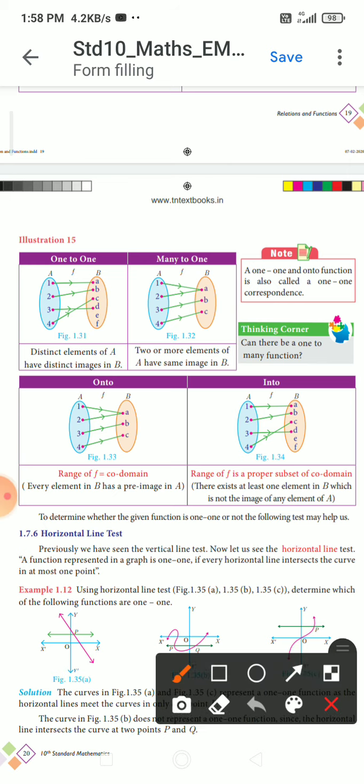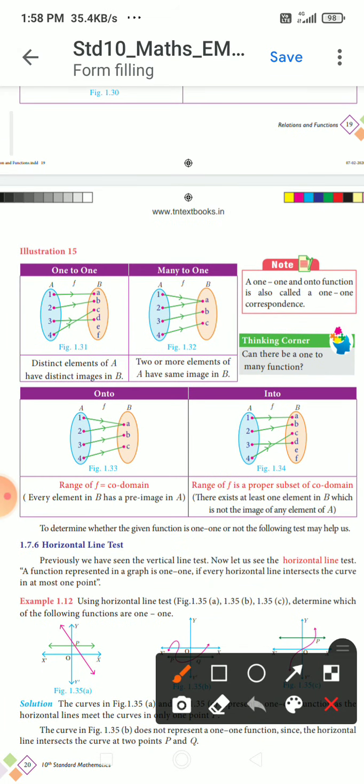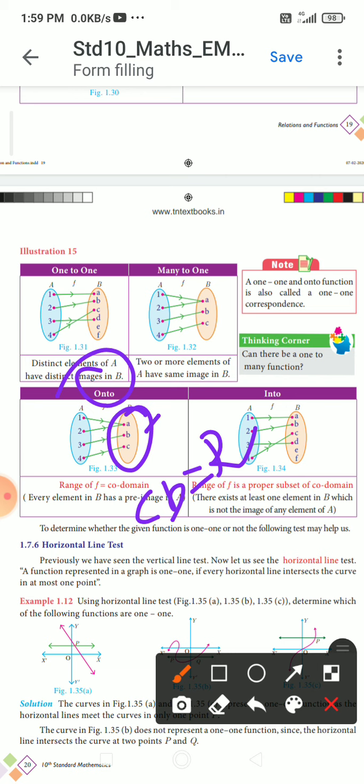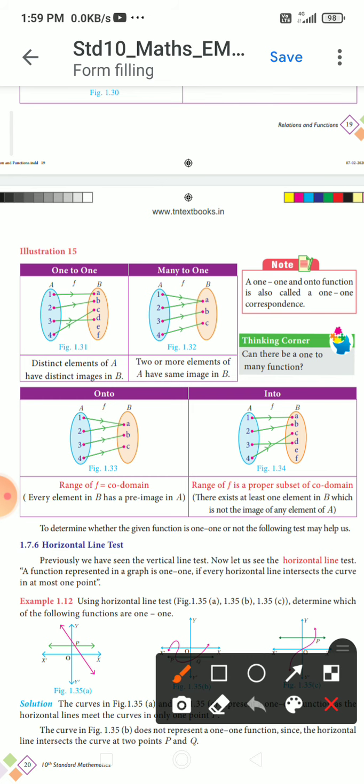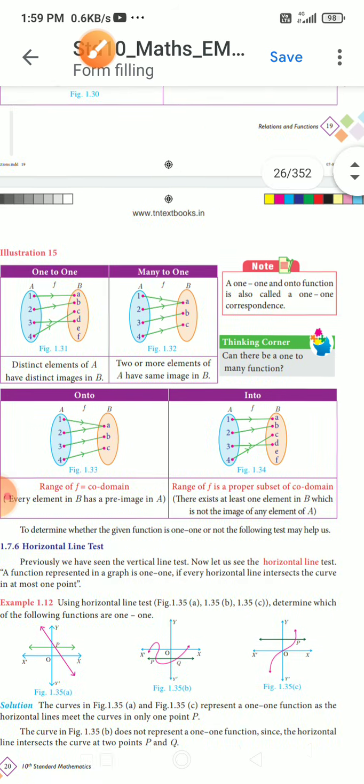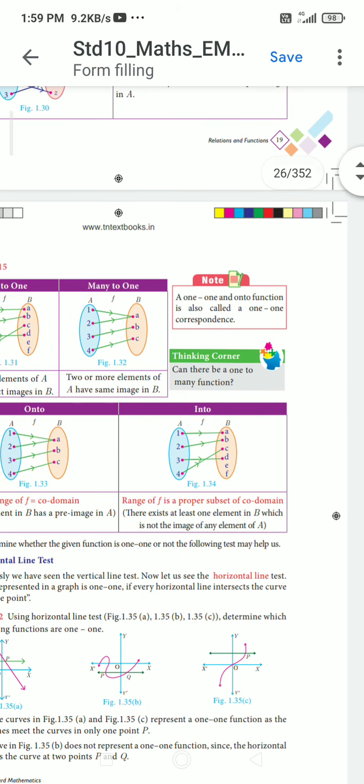So all the elements in the codomain have a pre-image in the domain. Therefore the range is equal to the codomain, both a, b, c. Therefore it satisfies the onto condition. Every element in B has a pre-image in A: a has a pre-image, b has a pre-image, and c also has a pre-image. Therefore this is the example for onto.